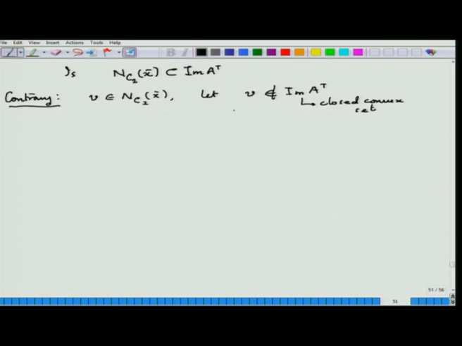We can now apply the separation theorem. So there exists a P not equal to 0, P an element of Rn, such that